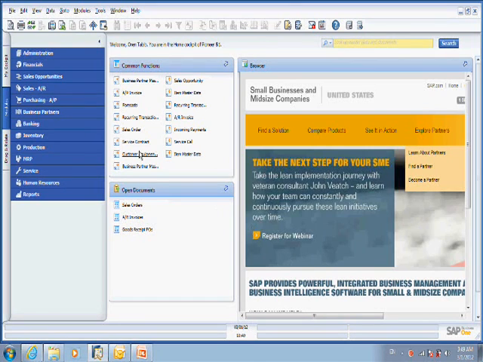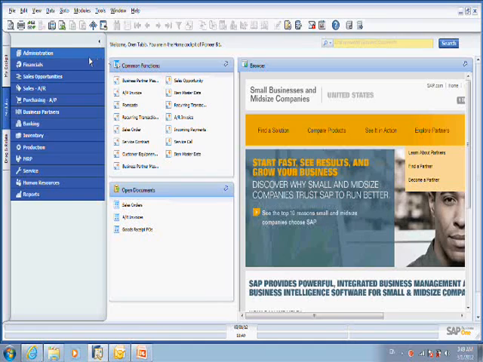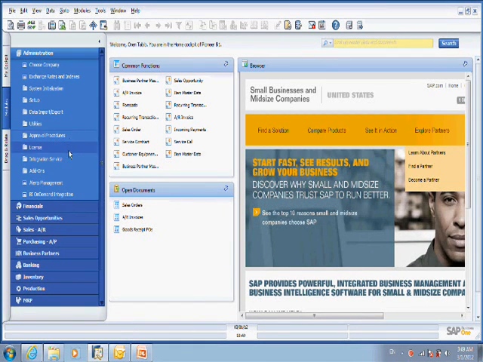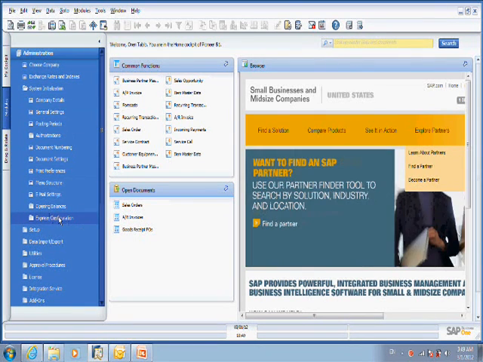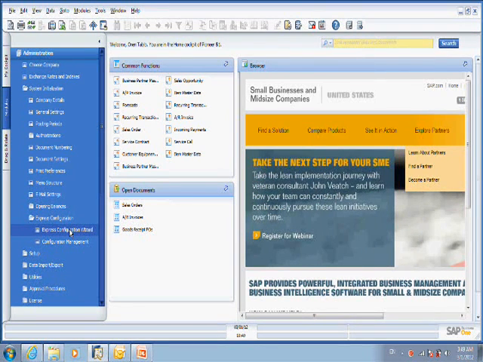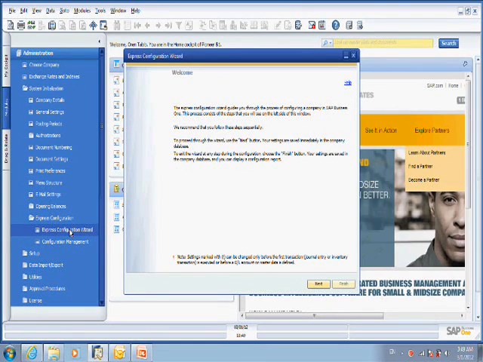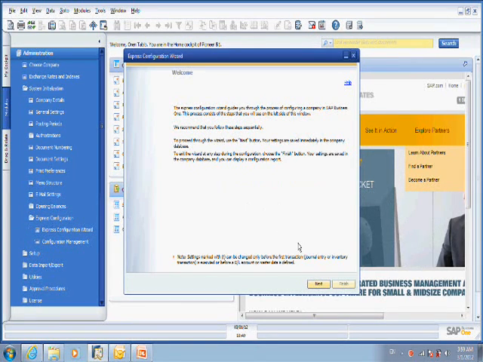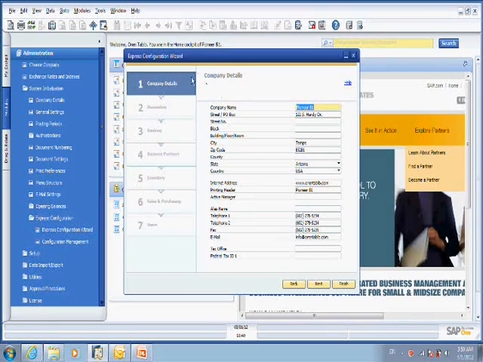Let me introduce you now to a new tool called Express Configuration. If we go to Administration, System Initialization, we have a new folder called Express Configuration, and basically what we have over here is an Express Configuration wizard that guides you through all the configuration in the system when you open a new company or even on an existing company. So if I hit on next, we'll see that the guide takes you through the steps from